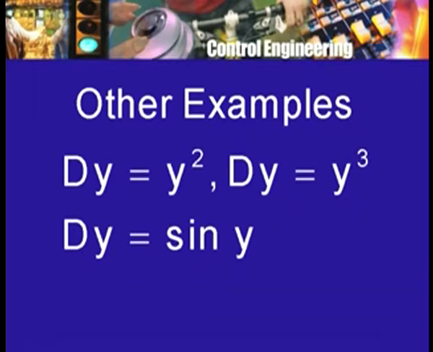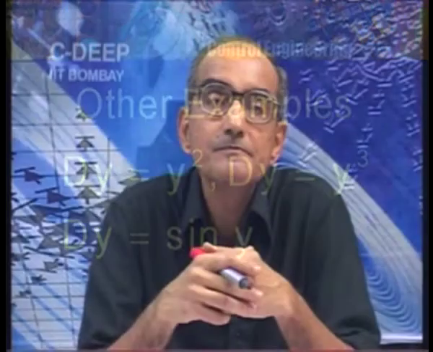Dy equal to sin y is also nonlinear, and so on. So, in other words, there is nothing like a general nonlinear model, whereas there is something like a general first order linear differential equation model. The model that I have written earlier, dy equal to ay plus bu, is a very general first order linear